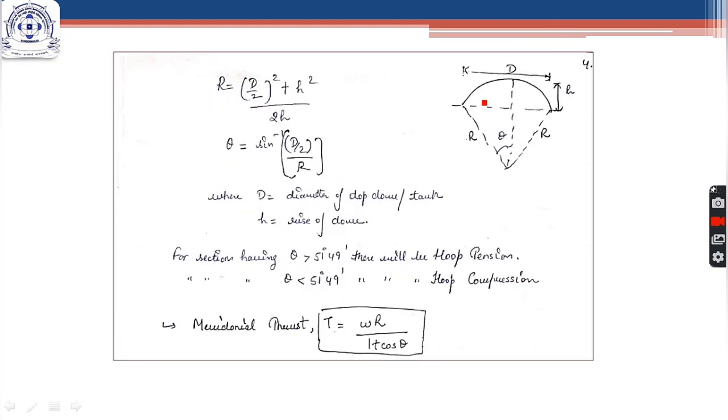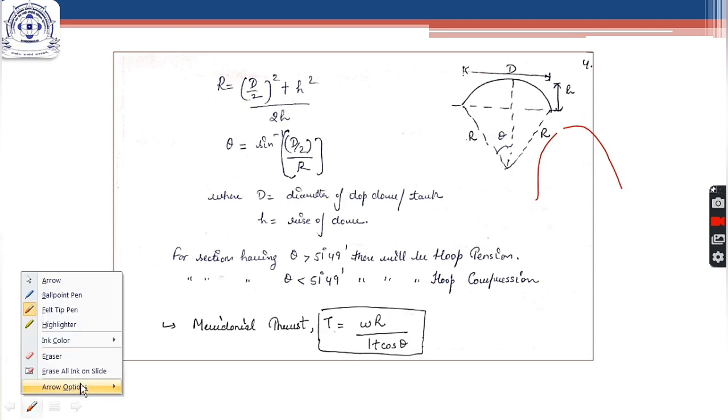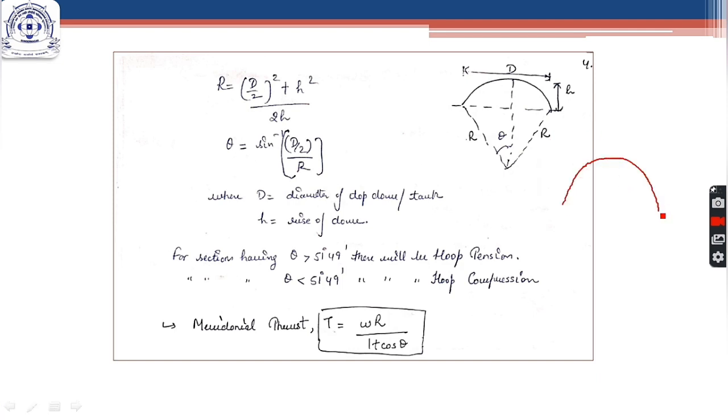So look here in this diagram. So this is a dome, let us consider a dome having diameter D, and rise or height H. It is almost similar to an arc. So here R is the radius of curvature of this particular arc, and this R is calculated by D upon 2 whole square plus H square upon 2H, and theta here is the semi-vertical angle of the arc or the dome, which is calculated here as sine inverse.